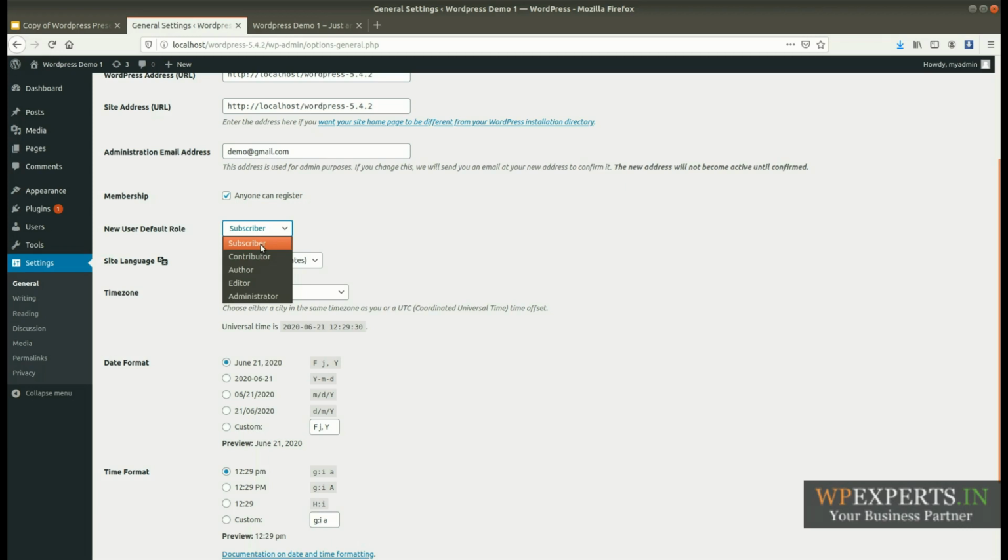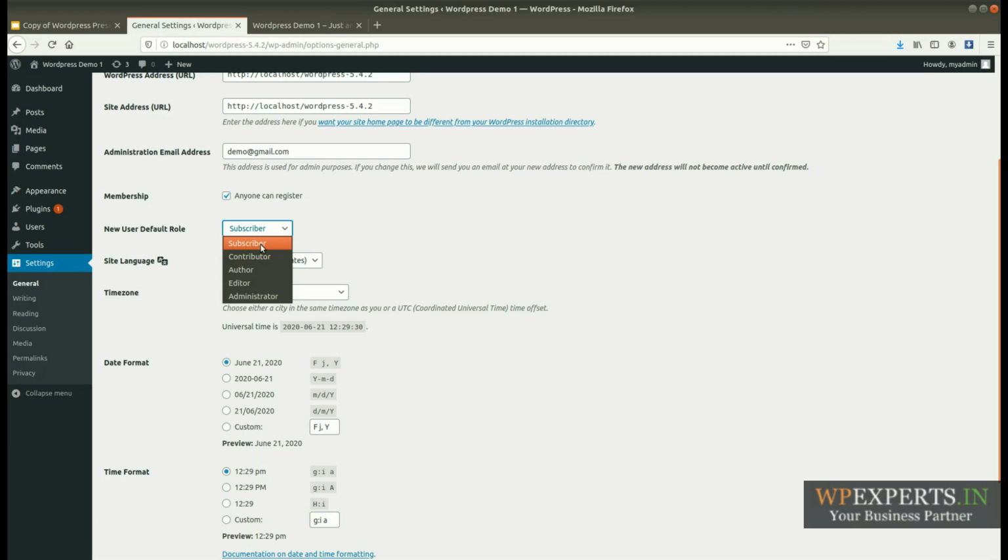Contributor means if you make any user role a contributor, in that case he can create posts on your website. Author means an author can create or manage his own post, but he can also see the other existing posts of the WordPress website.